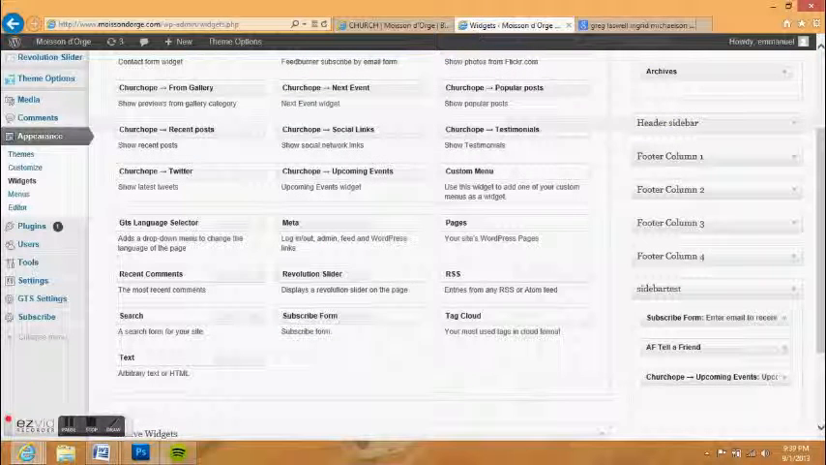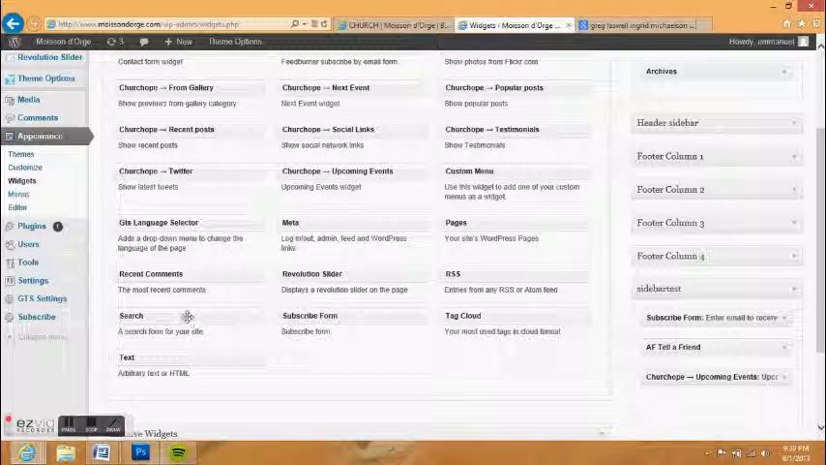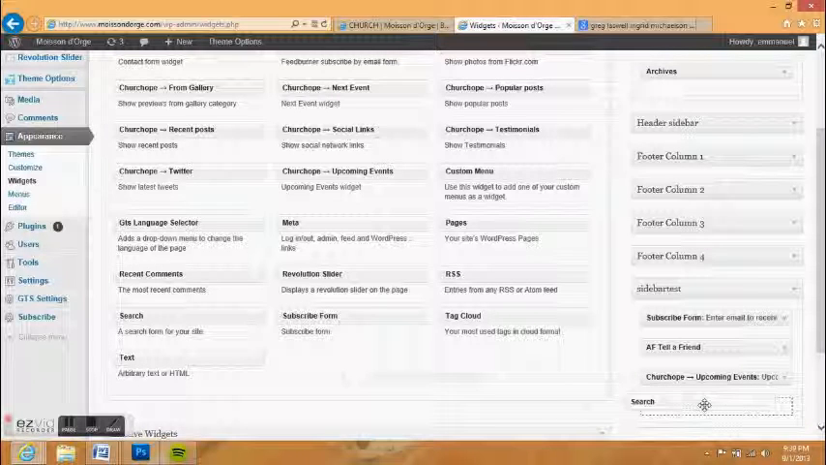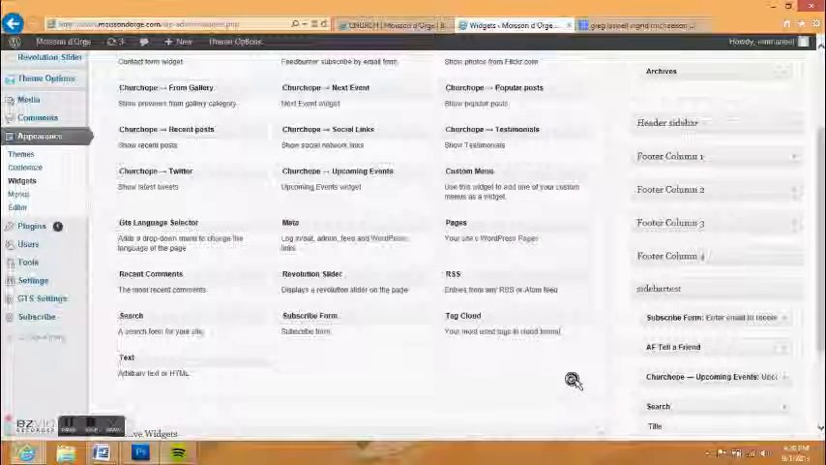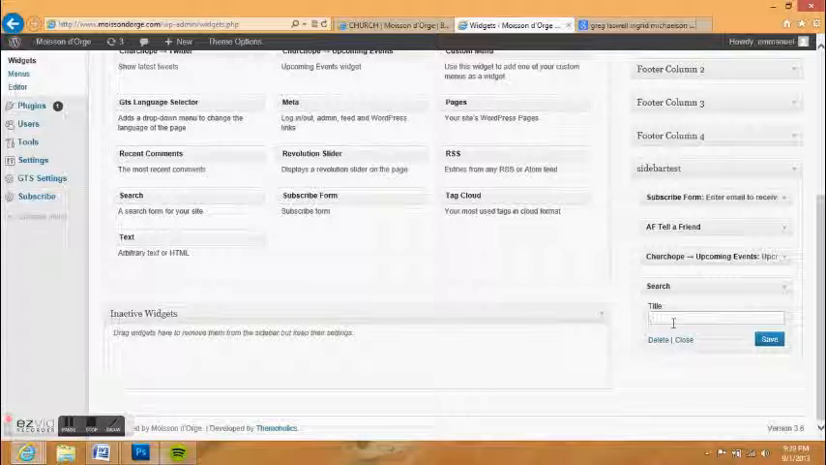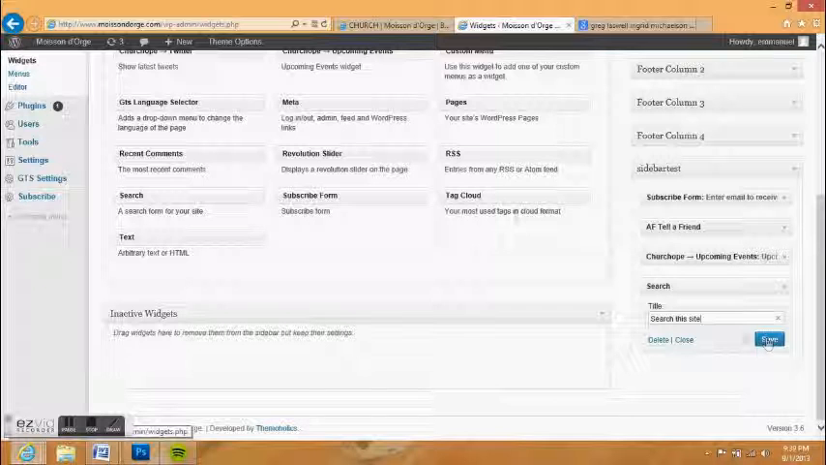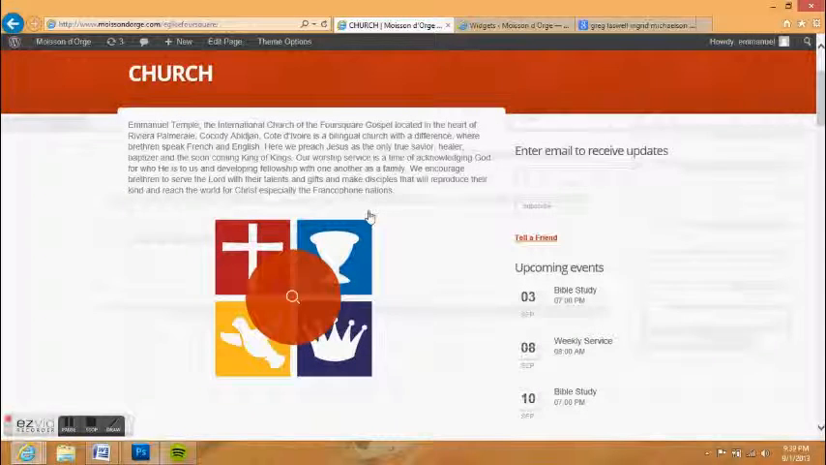So where it says tell a friend or receive updates, those are widgets. Now if I wanted to add another widget, say a search widget, just drag and drop it, and then it should show up in that bottom right of the screen under